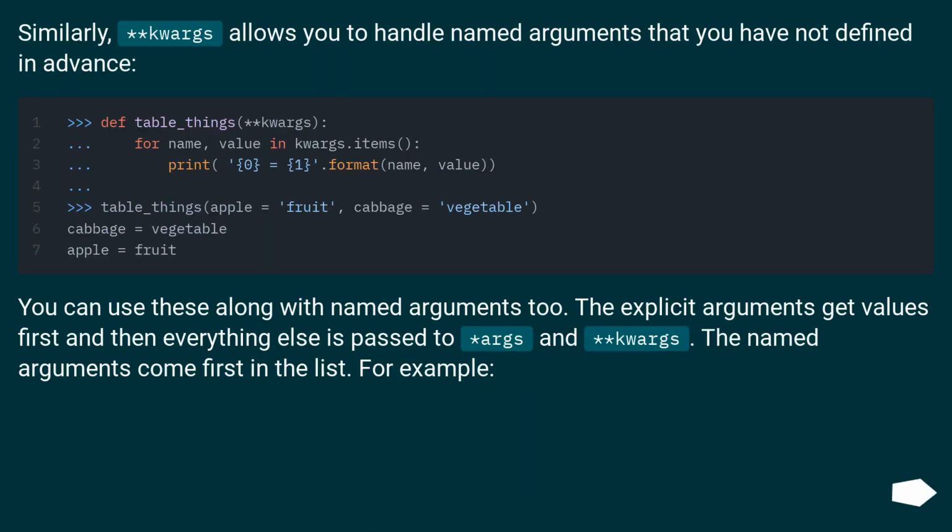similarly, kwargs allows you to handle named arguments that you have not defined in advance. You can use these along with named arguments too. The explicit arguments get values first and then everything else is passed to args and kwargs. The named arguments come first in the list. For example,